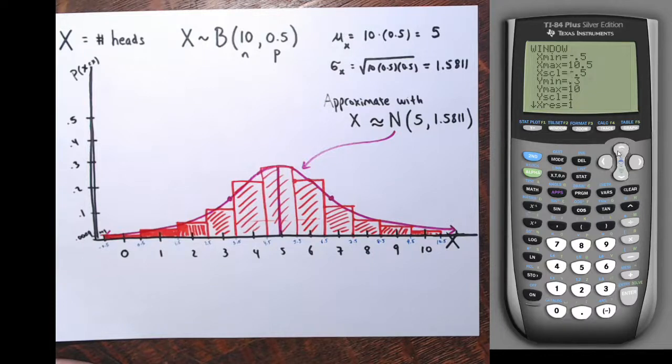Oops, I changed the x scale. X scale I want to be 1. Sorry. The y min I want to be negative 0.5. Y max 0.3. And now I'll hit graph. And alright, maybe I'll change the y min actually. Just y min is 0. There we go. Alright, so this is 0 to 0.3 on the vertical axis, negative 0.5 to